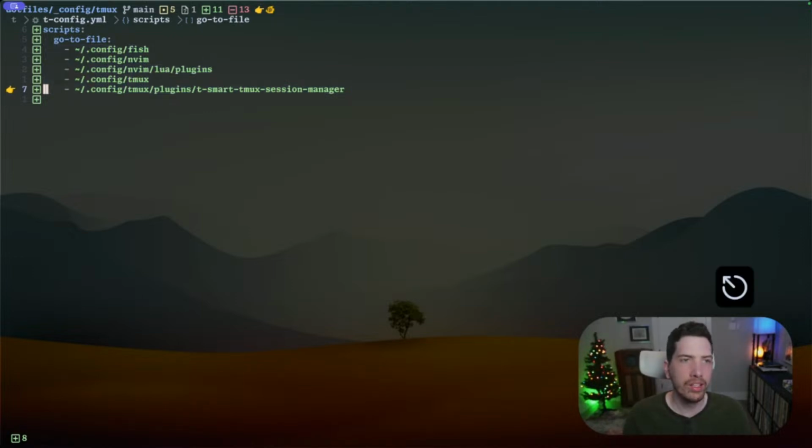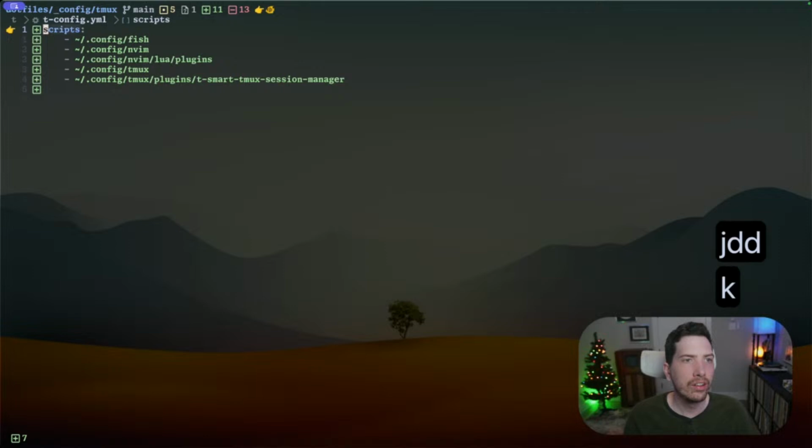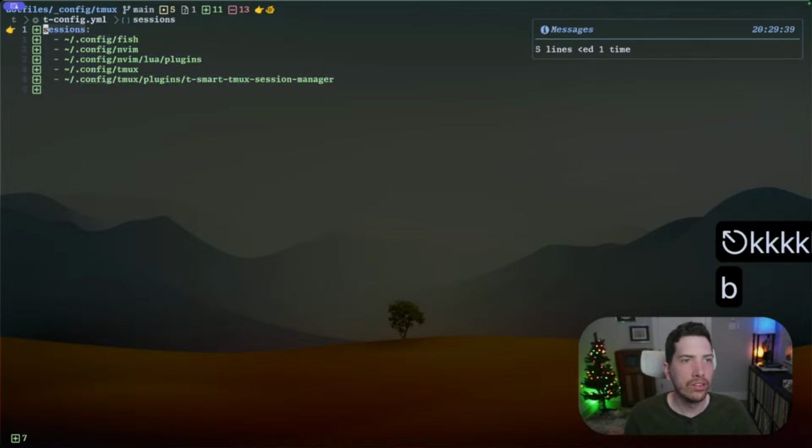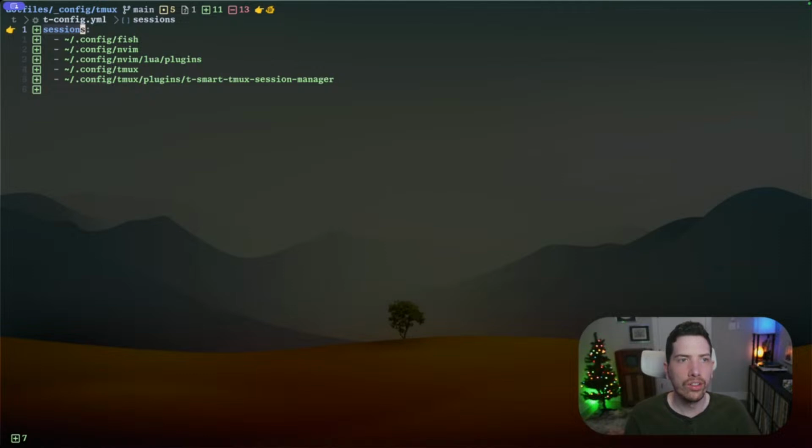That's kind of the part where I'm a little bit unsure of the structure of the YAML file. So part of me thinks that we're going to have to do this. List sessions. It's not even going to be sessions. It's going to be like paths. And anytime we get a path,